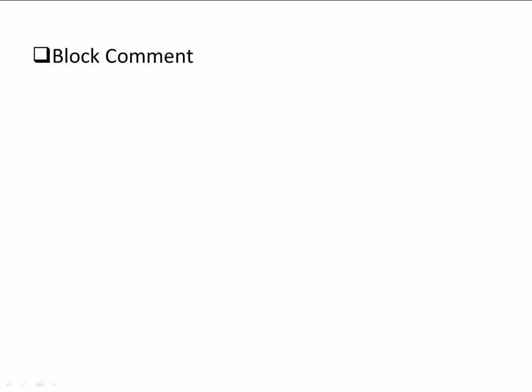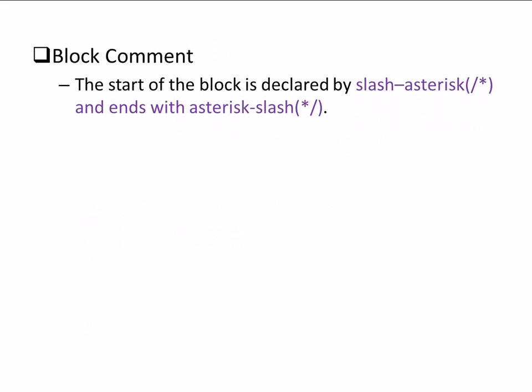Block comments. C# also supports the comment block. In this case, the whole block is ignored by the compiler. The start of the block is declared by /* and ends with */